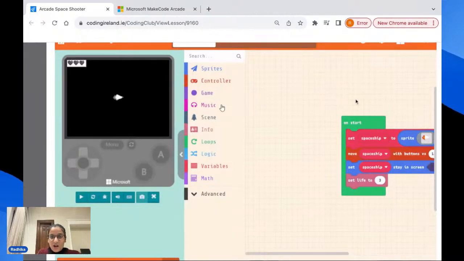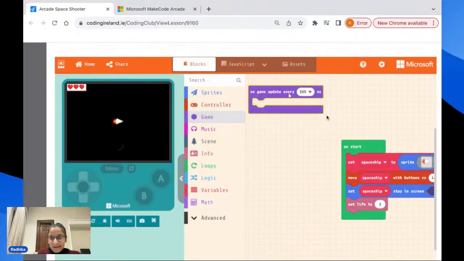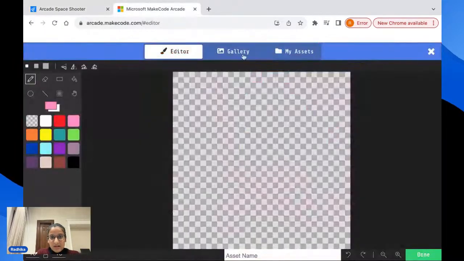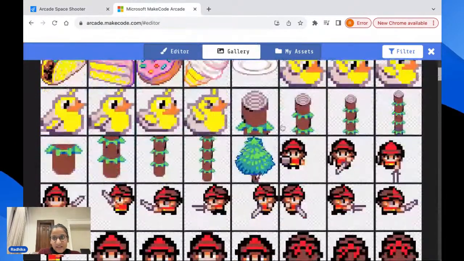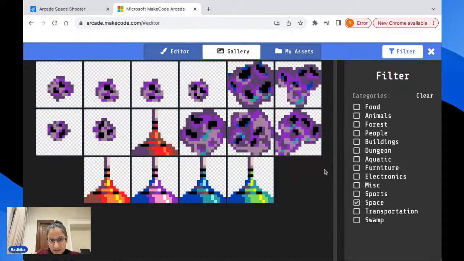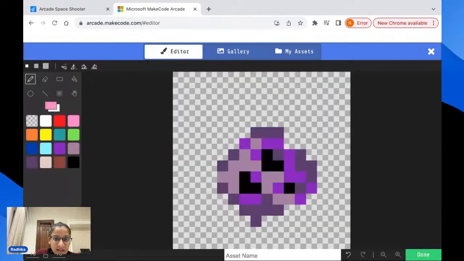Or you can just choose something from the gallery. There is also a filter button where you can categorize the assets. So if I go to space, something like this also resembles asteroids. See, it's written here: space, asteroid 1, asteroid 2. Okay, so let's go ahead and rather than creating one,